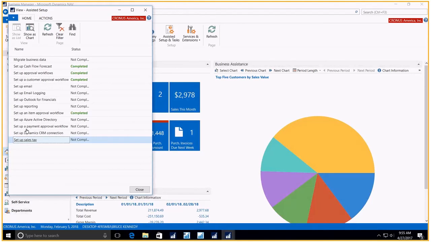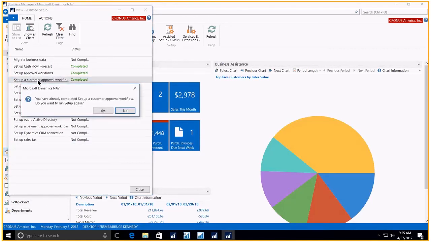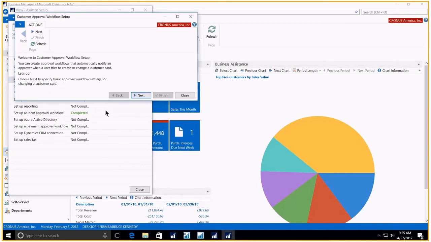Now, I've created a new workflow for customer approval, but let's run through that just to show how easily it is done. Customer approval is a new template in the 2017 workflow engine. So I'll click on that. As it states, I've already done it. Do I want to do it again? Yes, I do. So now I'm at my starting point,